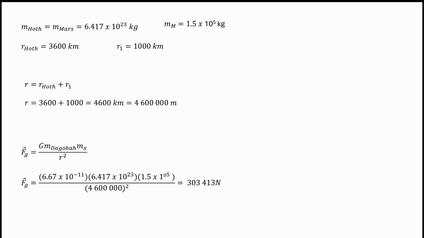Thus, we can once again approximate that the mass of Hoth is close enough to the mass of Mars at 6.417 times 10 to the 23 kilograms. The planetary radius, of course, is half the diameter, so 3,600 kilometers. And again, our distance from the Falcon to planet center is the radius of Hoth plus our assumed 1,000 kilometers, which gives us 4,600 kilometers,